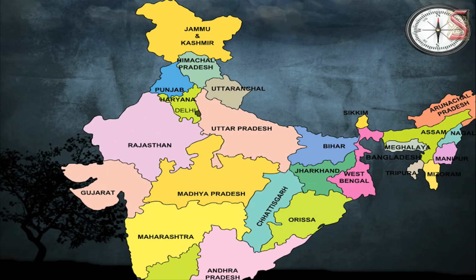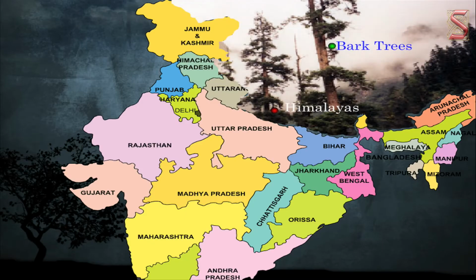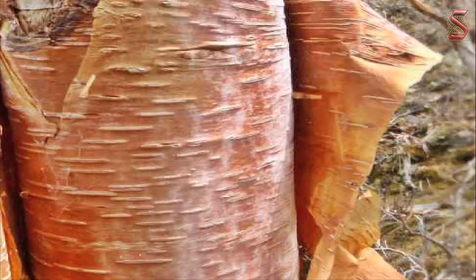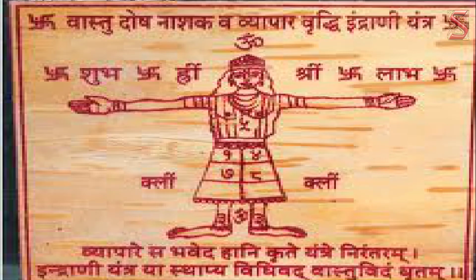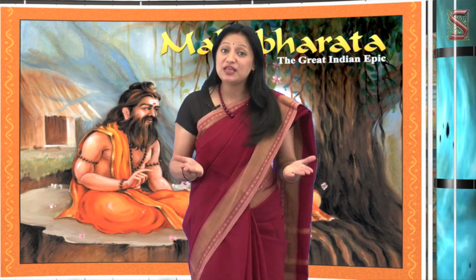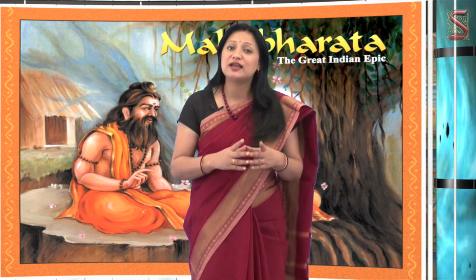In northern India, the people used the barks of the bhoj trees that grew in the Himalayas to write. As the barks of these trees peeled off like paper, the people could use ink and easily write on them. In South India, the people used palm leaves to write on them. The palm leaves were cut to a particular size and a pin-like pen was used to scratch on the dried leaf and colored it with black ink.